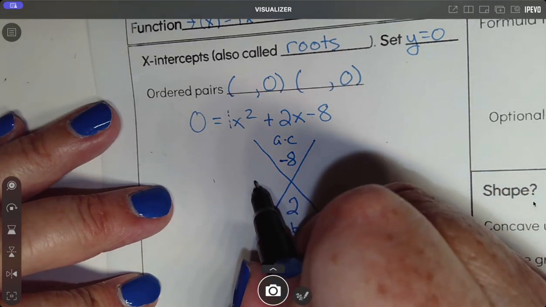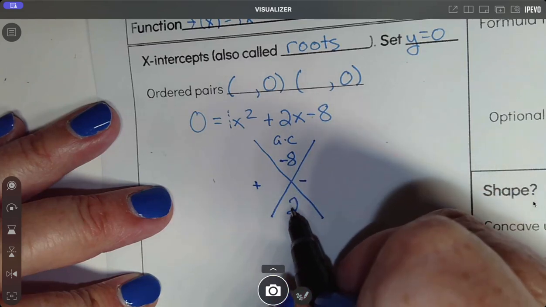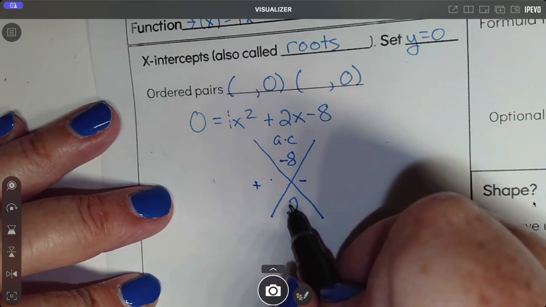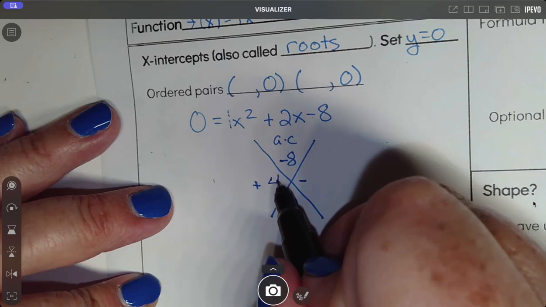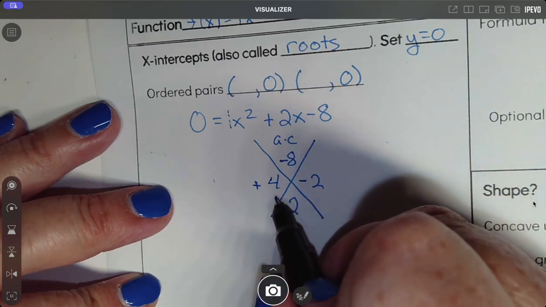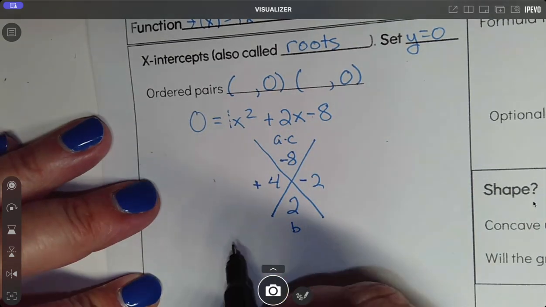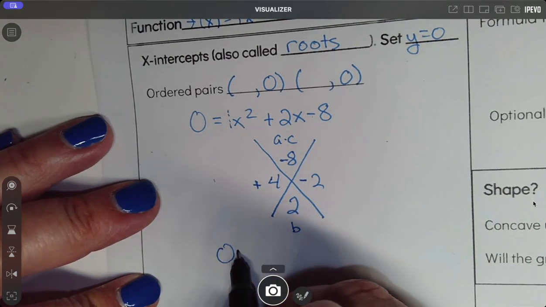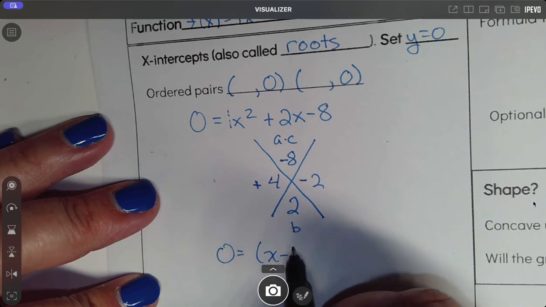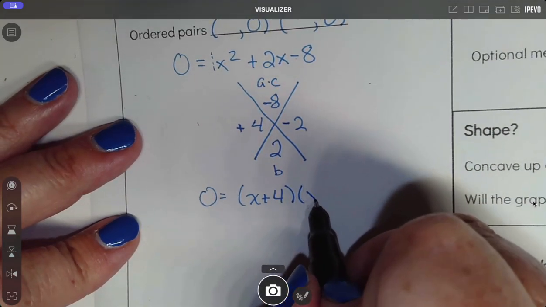And now we're looking for two factors that multiply to be negative 8 and add to be positive 2. Well, we know we have to have a positive and a negative factor to get negative 8, and that means our factors have to be 4 and negative 2. 4 times negative 2 is negative 8. 4 minus 2 is 2. Now we're not done. We're going to write this as 0 equals, and instead of writing this equation, we'll write the factored form,